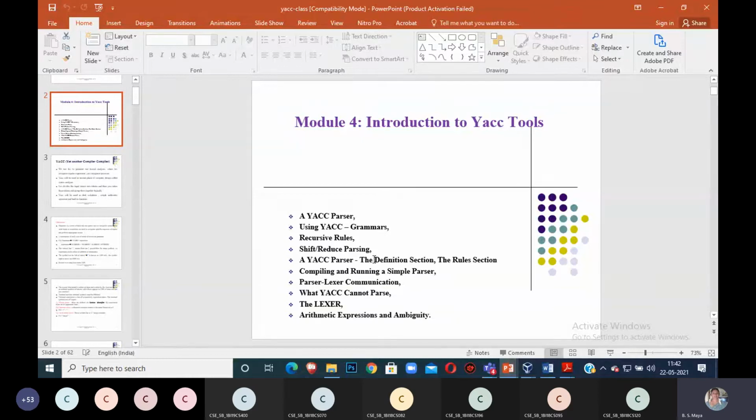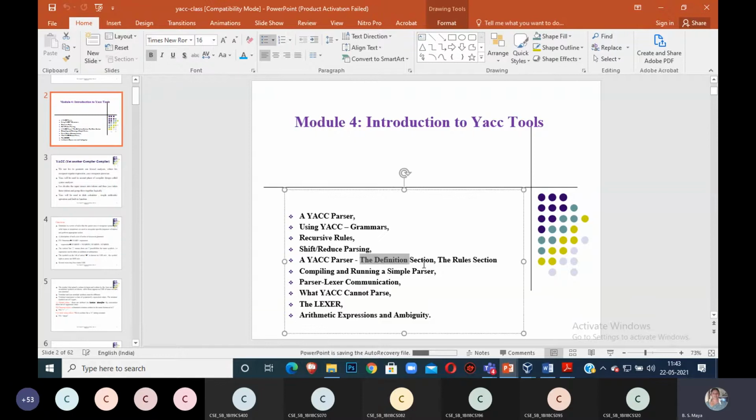Because you again have modules, each module I will go through one step at a time. Here also you have a syntax for the YAC program. The YAC program syntax is the same as your Lex program. You have a definition section, a rule section, and a user subroutine section. The same procedure is used, but in the definition section header files are included, and the tokens used in your YAC program are also included in the definition section.